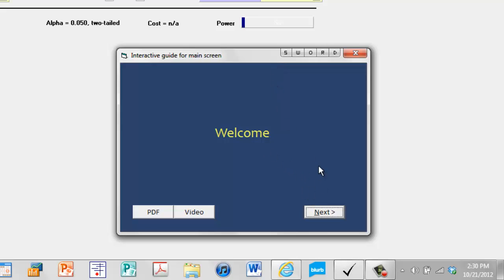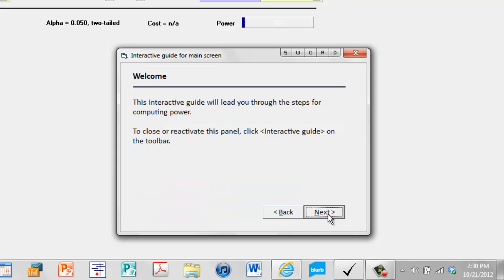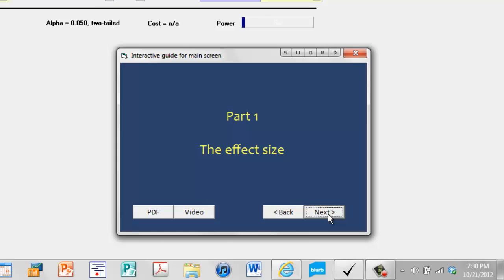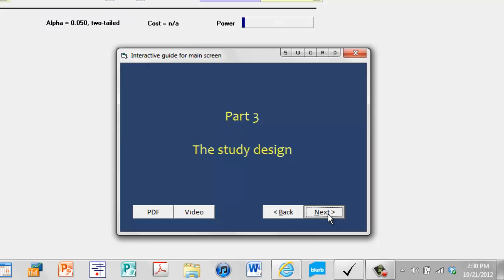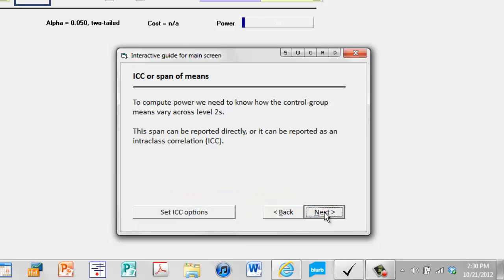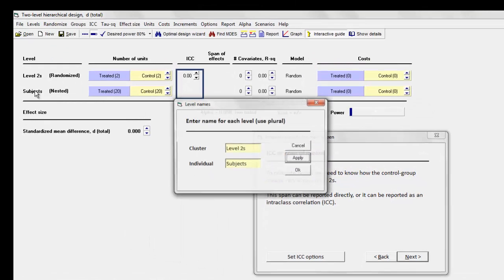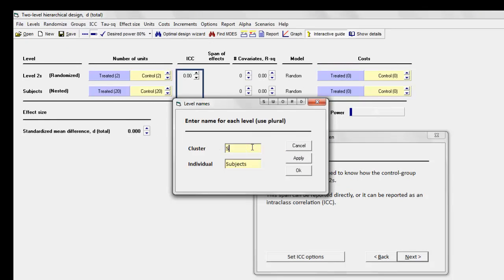The way that this works is basically you can just click the next button and the program will walk you through all the parts of the program. So for example, over here, let's pick the one for the ICC or span of means, and I click next, and it says to compute power, we need to know how the control group means vary across level 2s. If I've gone back and named these things before, as I would suggest you always do, so let me just come back over here and give these the names. We'll call the schools at the top level and students